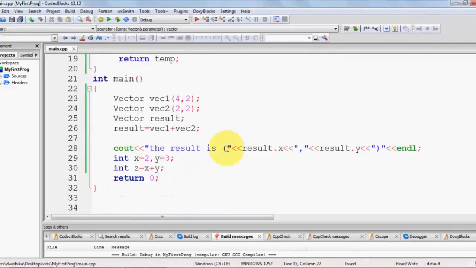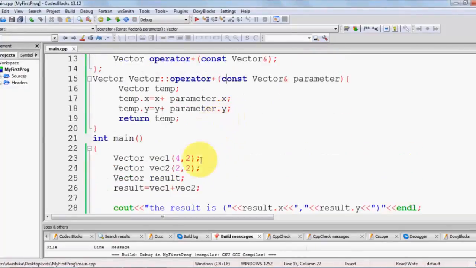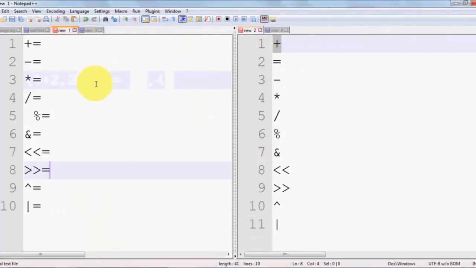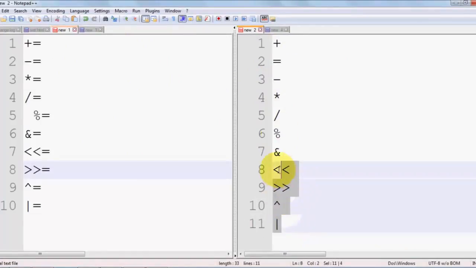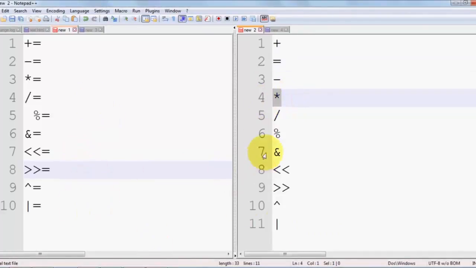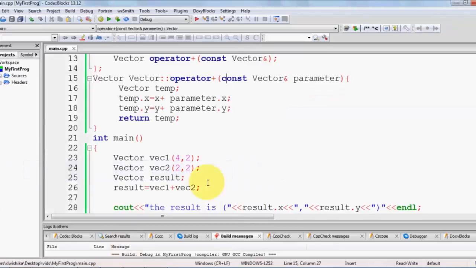Okay, so in the same way you can subtract or use all the operators which you have in C++ to overload. You can overload equal to or double equal to or asterisk or whatever we have in C++. Okay, so I hope you have understood the basic concept of